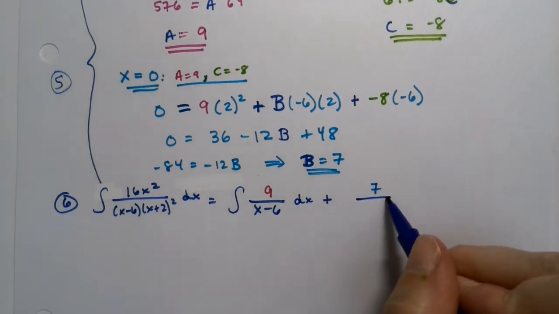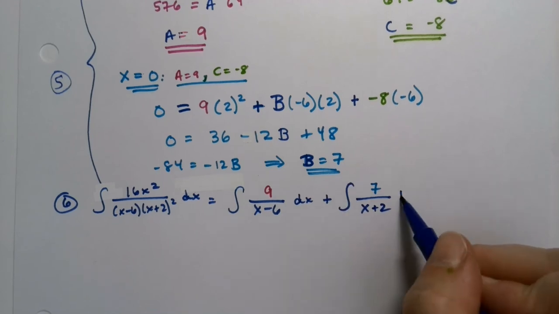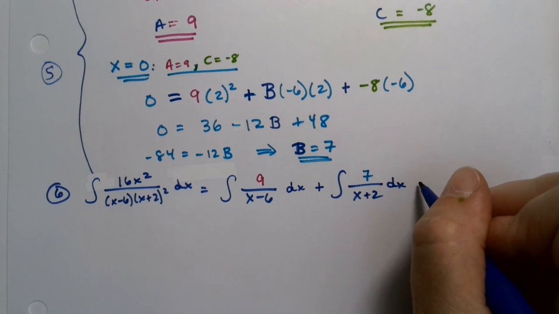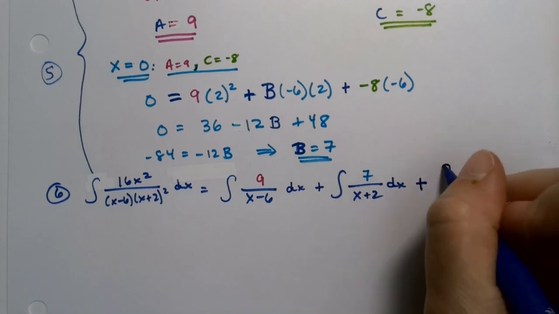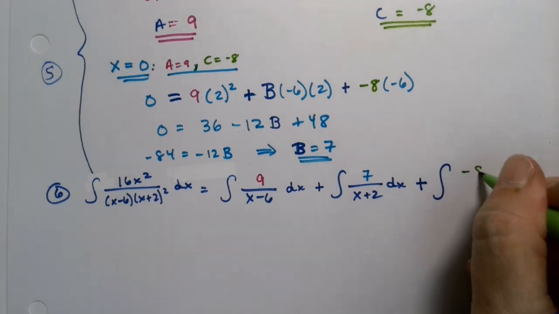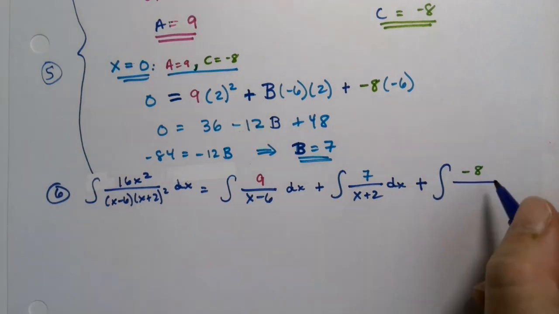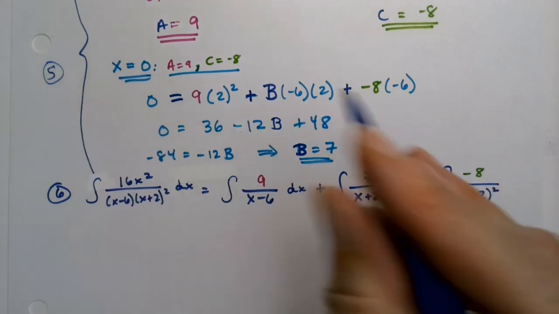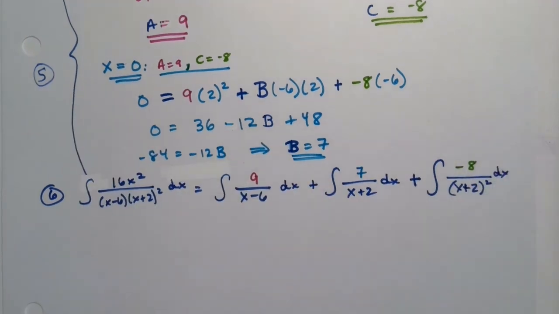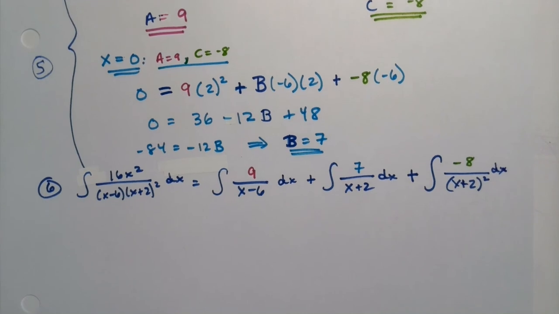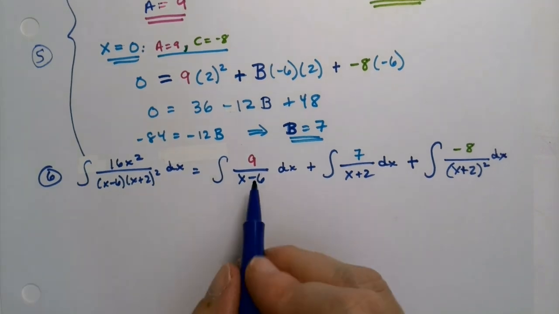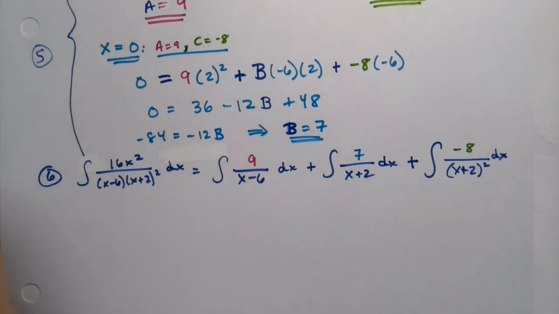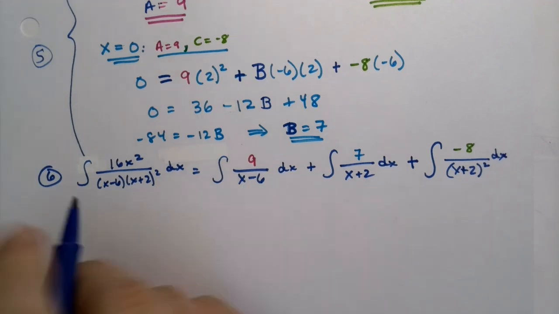over x plus 2. Those two are really easy. I don't actually have to separate those two. They're fine. And then minus, or I'll write it this way, plus -8 over x plus 2 squared dx. Right there. All right, so the first one's super easy. Second one's super easy. The third one needs just a touch of work here. So if I do this one, it's 9